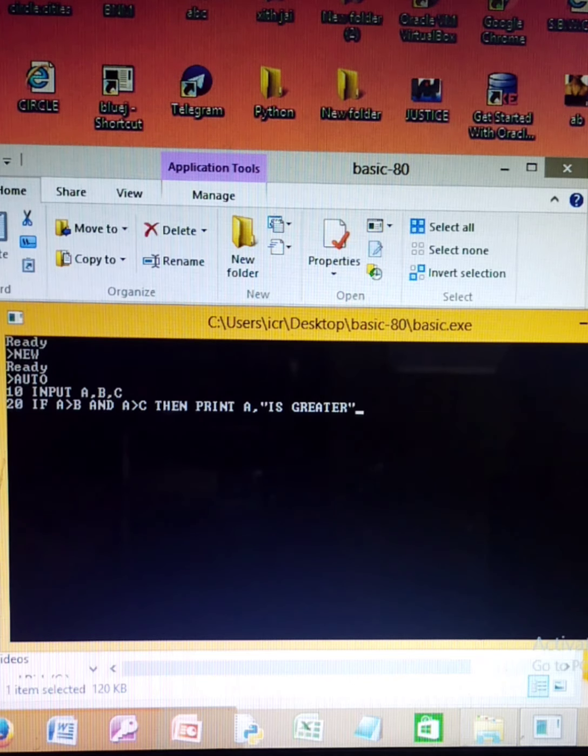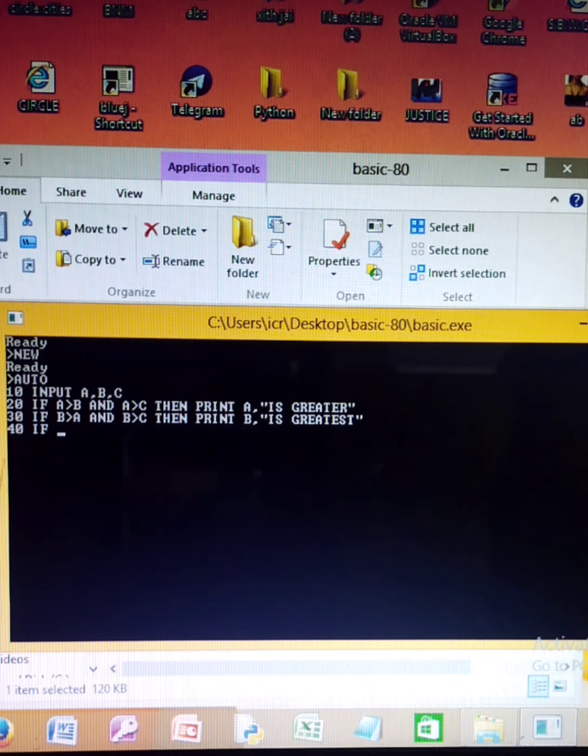There are 2 ways of writing this program. I am doing it in another method. In the next line I am checking for B. If B is greater than A and B greater than C, then print "B is greater". Greater means you can write here greatest, right?